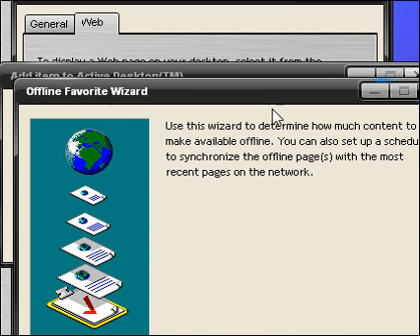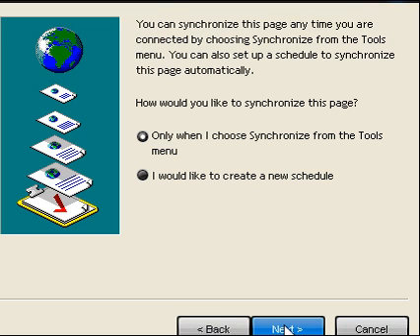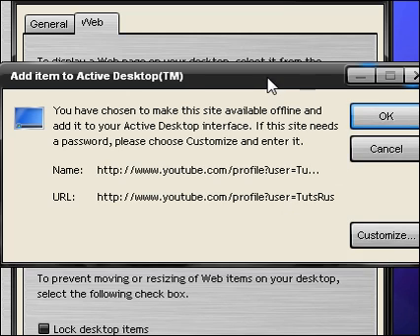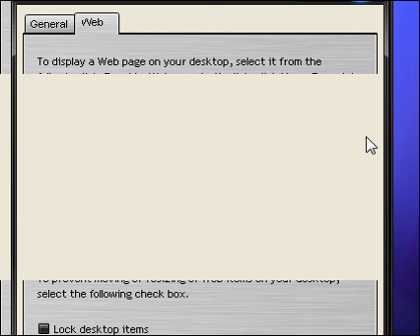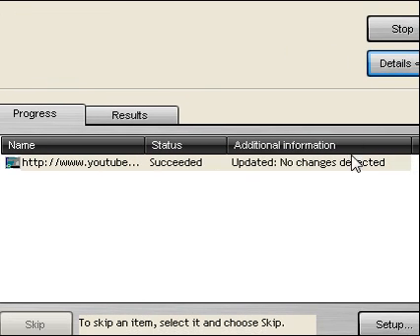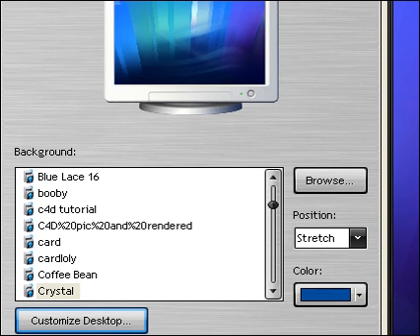Click on customize, and it'll say use this wizard to determine how much content to make available offline. So it'll say like when you want it to compare it with your site. It'll ask you for a password and stuff. You could just say no, and it'll say okay. So are you positive you want to do this? You'll press OK, and after some whirring of your computer fan, it should probably finish up, and now it'll be checked in the box. So what you do is when you're done that, you click on the OK,